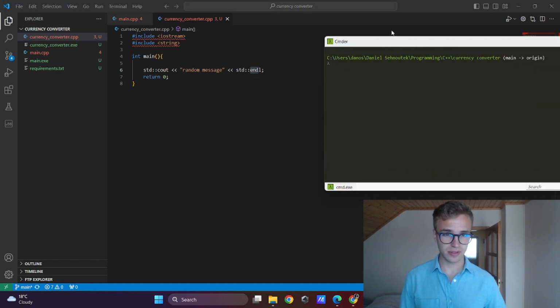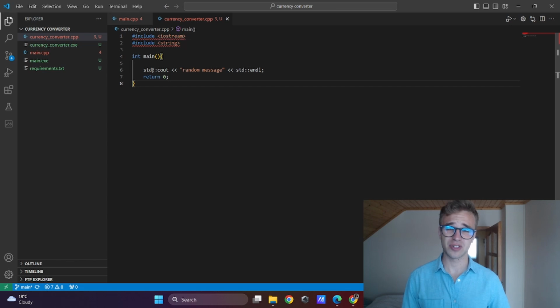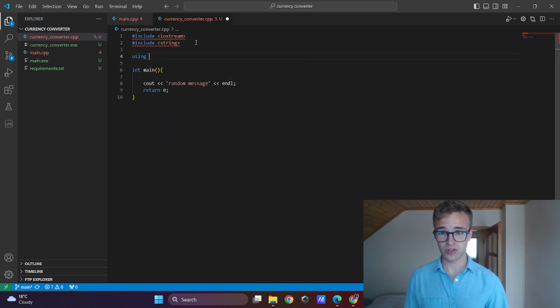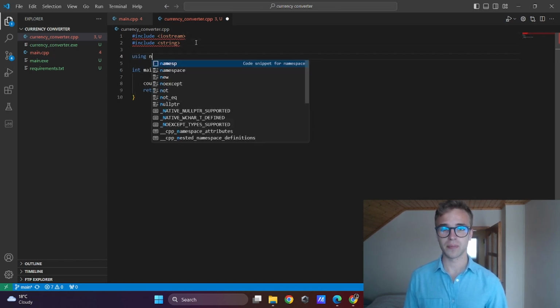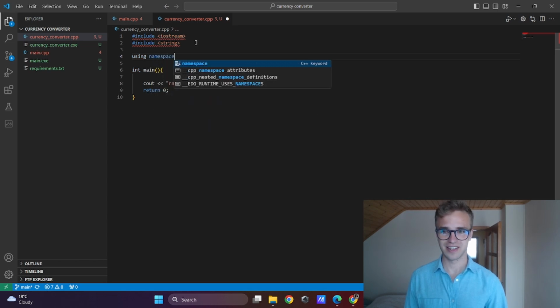Clear the terminal. It is not very efficient to write std before every object and the name of another library before another object. You can delete this std and write here using namespace std. Now it is alright.